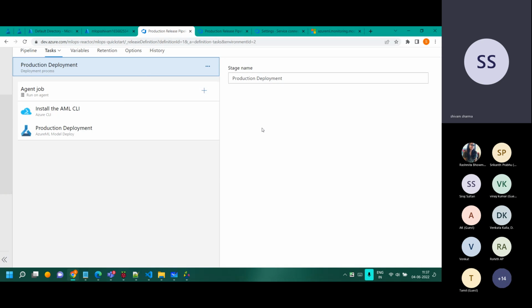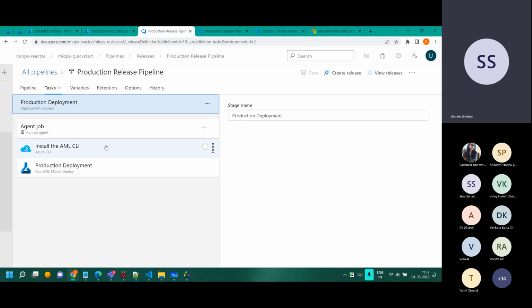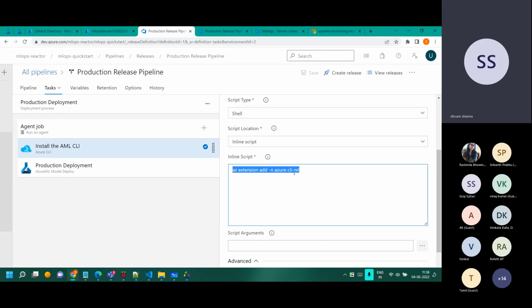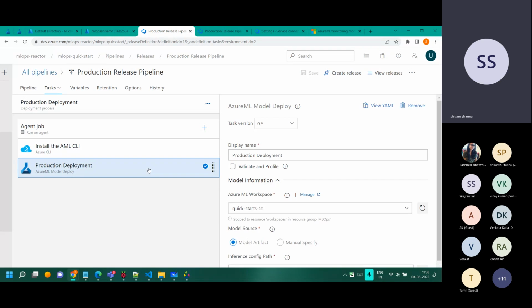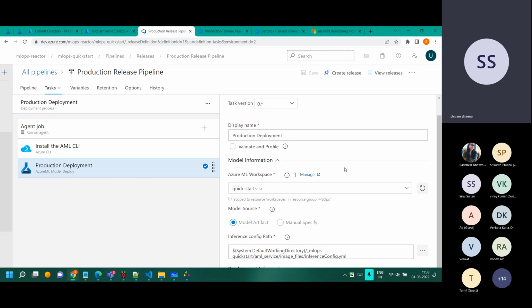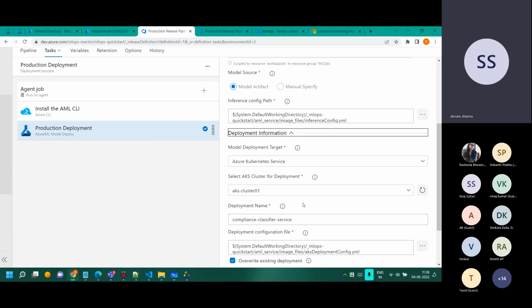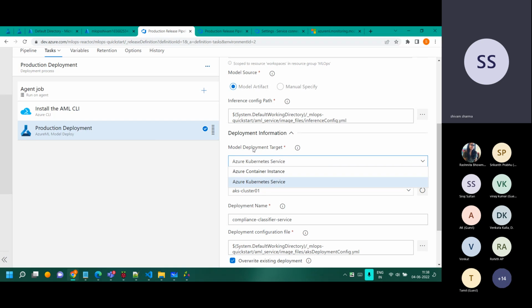So what happens in production? Same thing, we have two steps over there. First is to install the CLI in the agent, and the next step is the AKS deployment. This Kubernetes cluster can be existing, or can get created also if you really have to create it. What they have given are these inbuilt options.